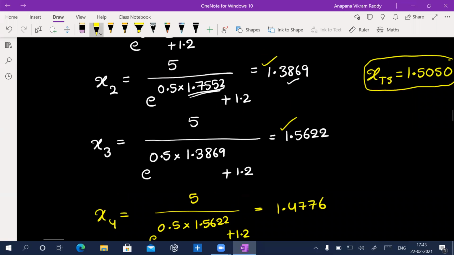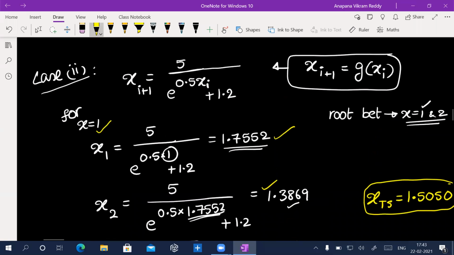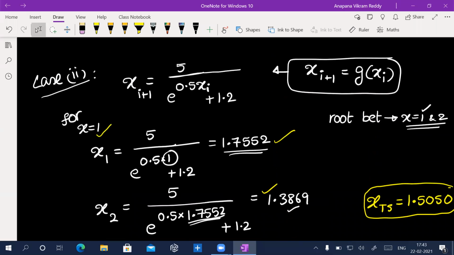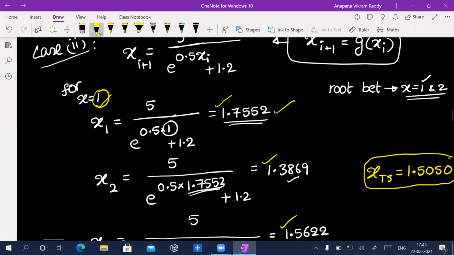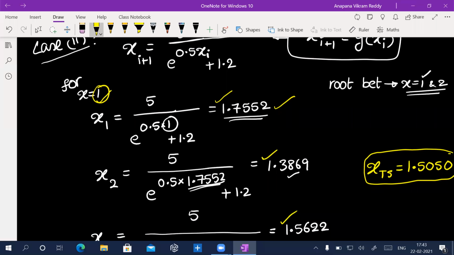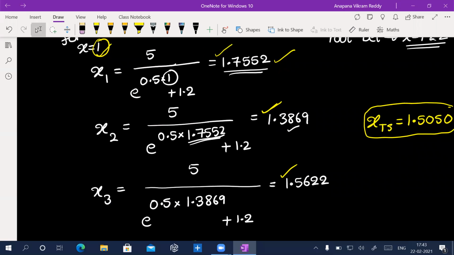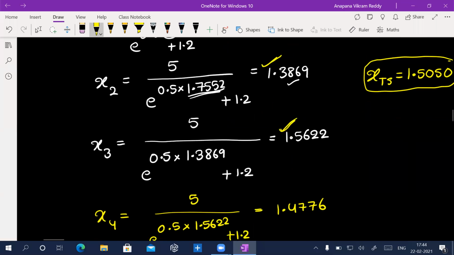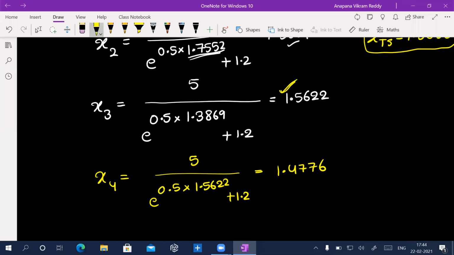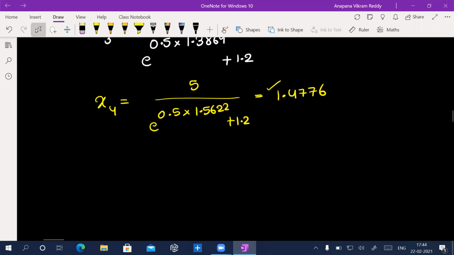But see what's happening here, this swinging is there with the fixed point method. I started with 1 and I went to 1.7, but I want 1.5050. Again, in the next iteration I got 1.38, again I came below 1.5. Again I go beyond 1.5, I got 1.56. Now again I came less than 1.5, 1.4776. So now, without losing heart,